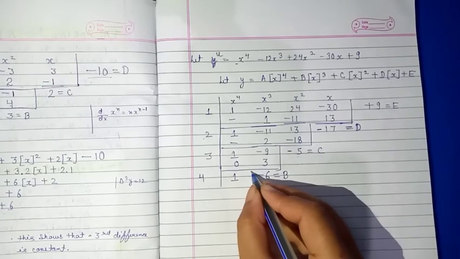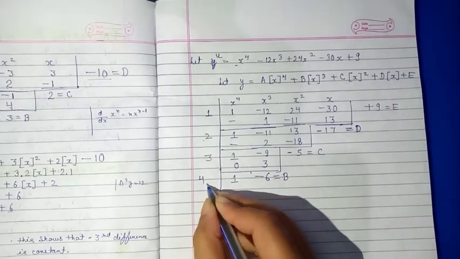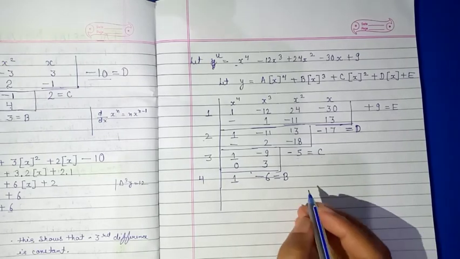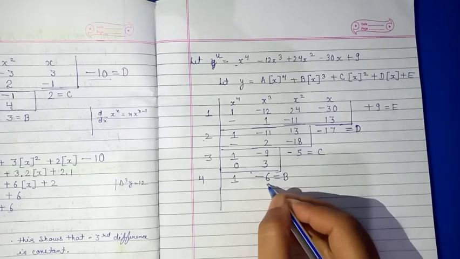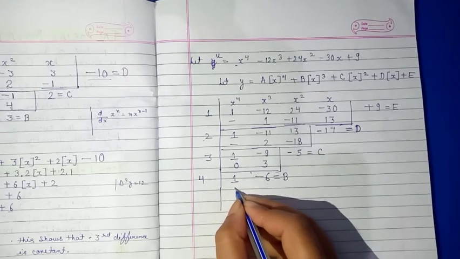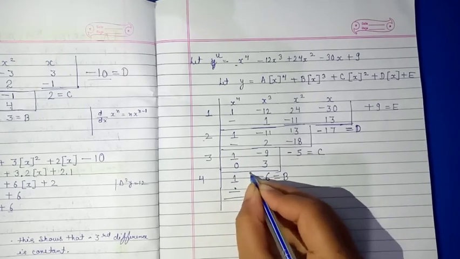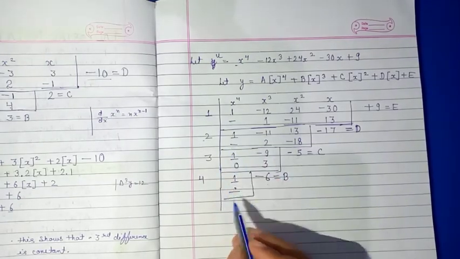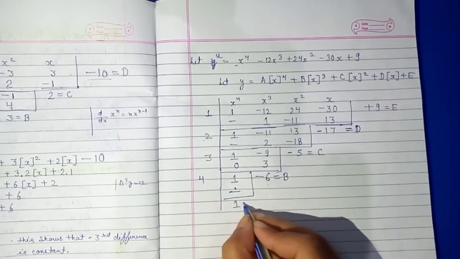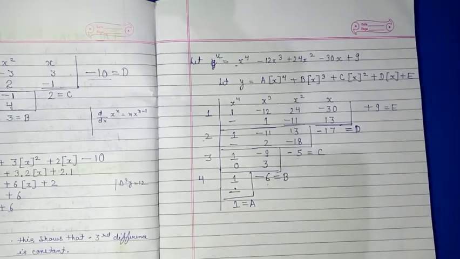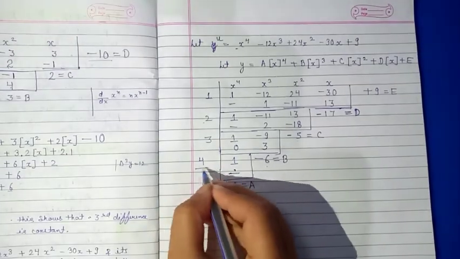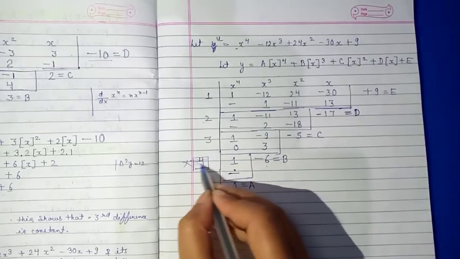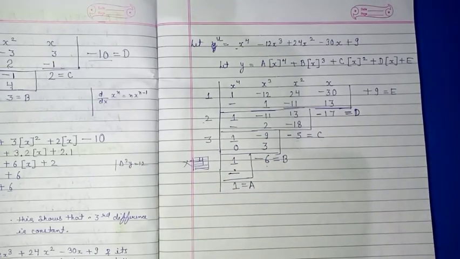Okay, now what will we do? 4 into 1, we cannot write anything here. Minus 6, 4, we cannot write anything. This one is B. So here we will write only dash, because at first we have to write dash. Whenever we are starting, we are writing dash. So here we will write dash, so it will become 1, and this one will become A. If you do not write 4 here, then also it's okay, because we are not going to calculate anything with 4.